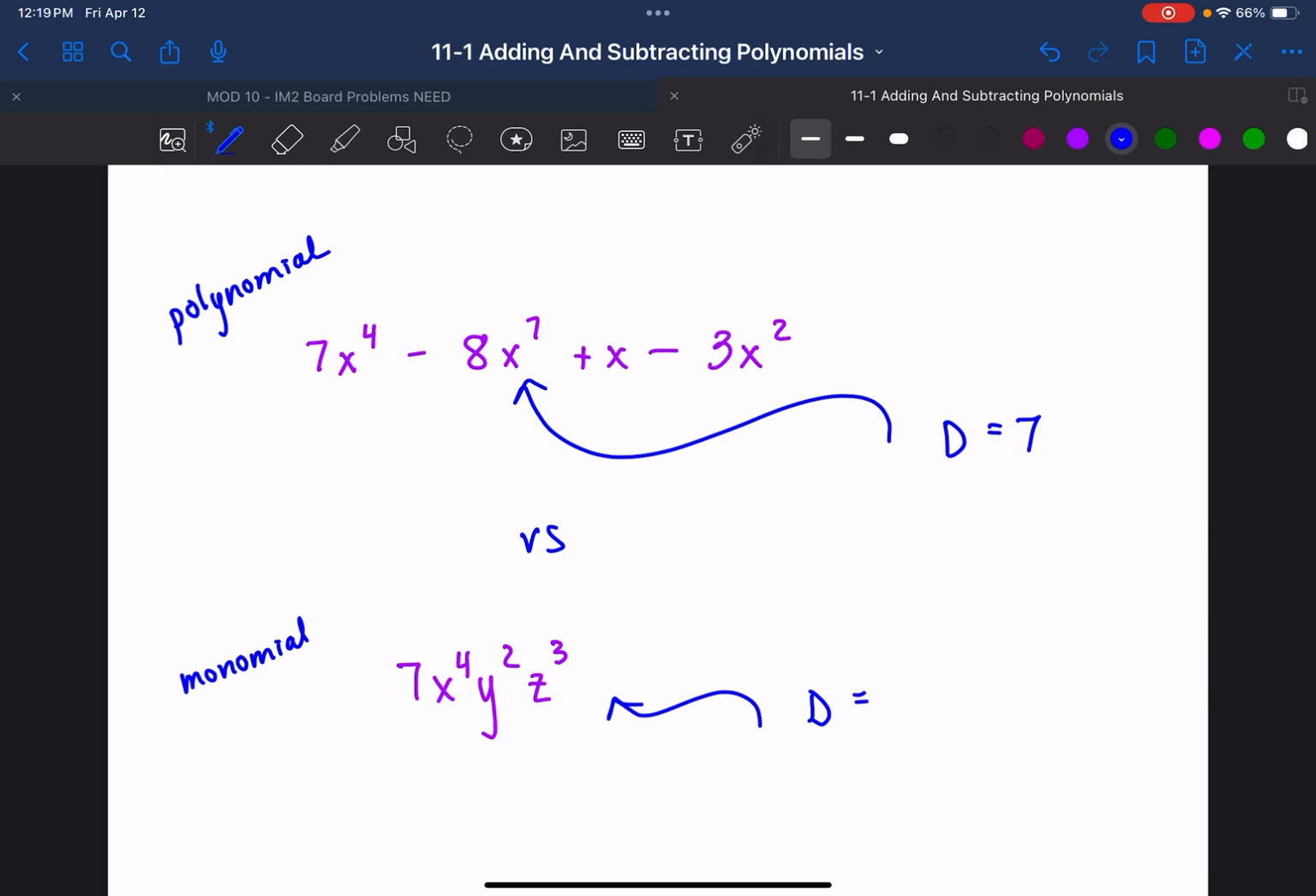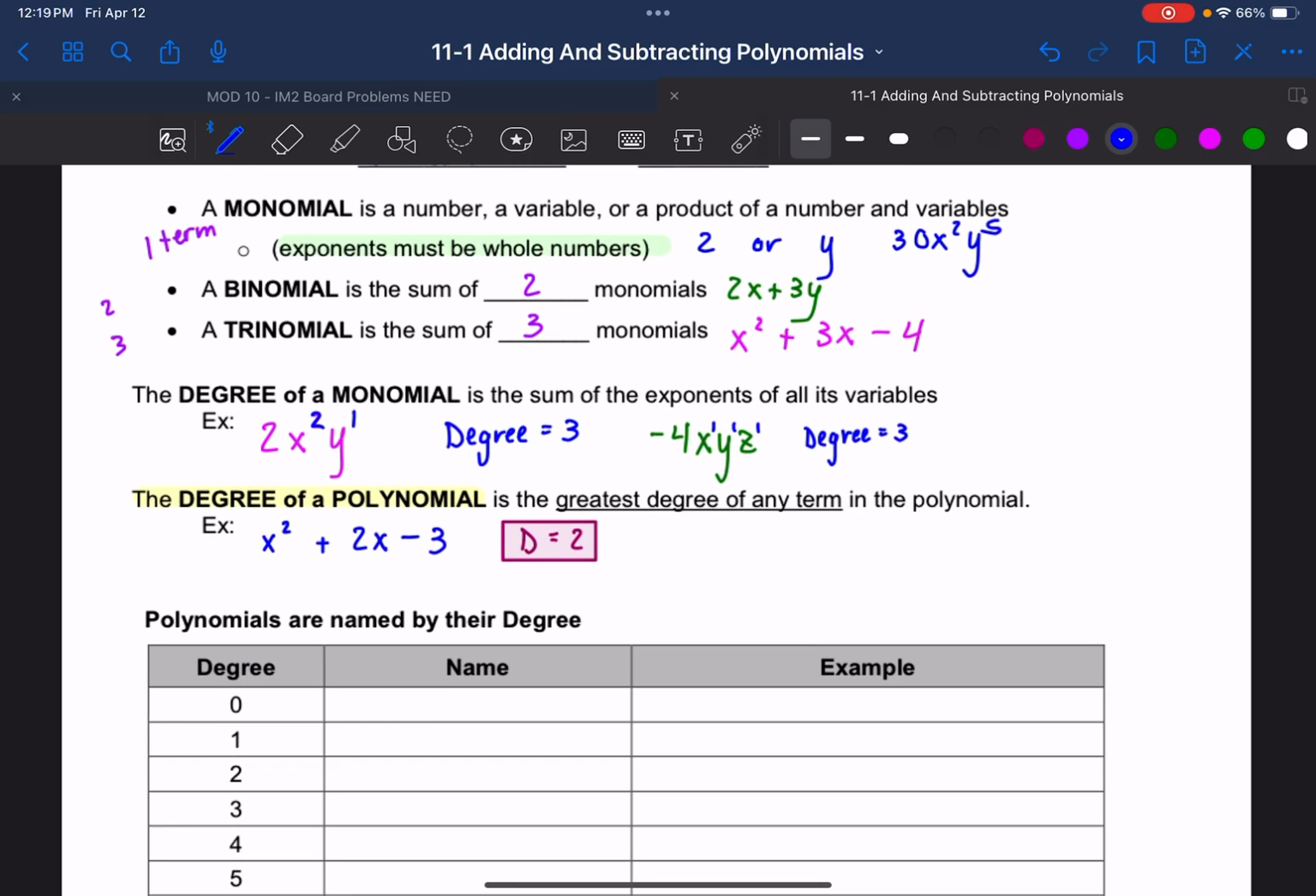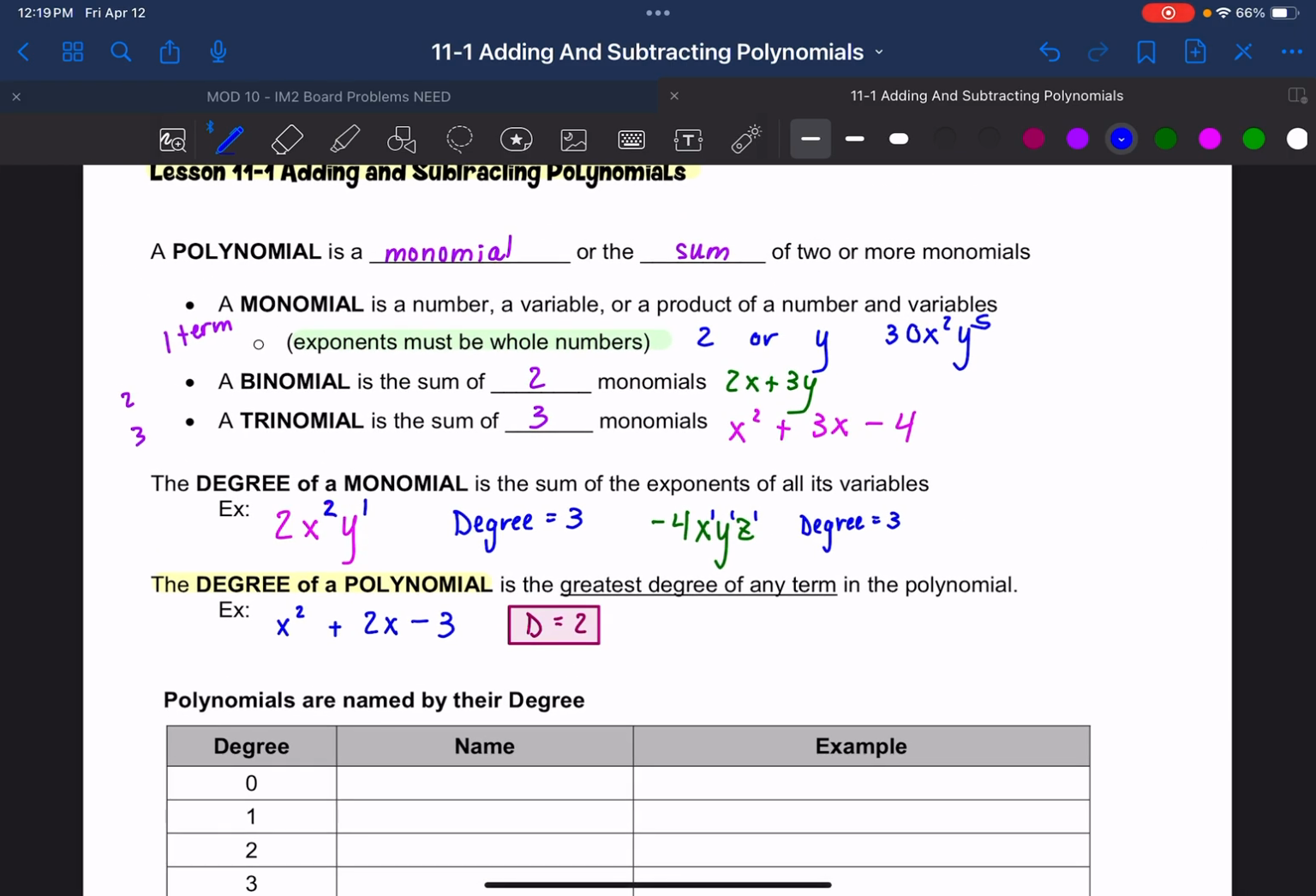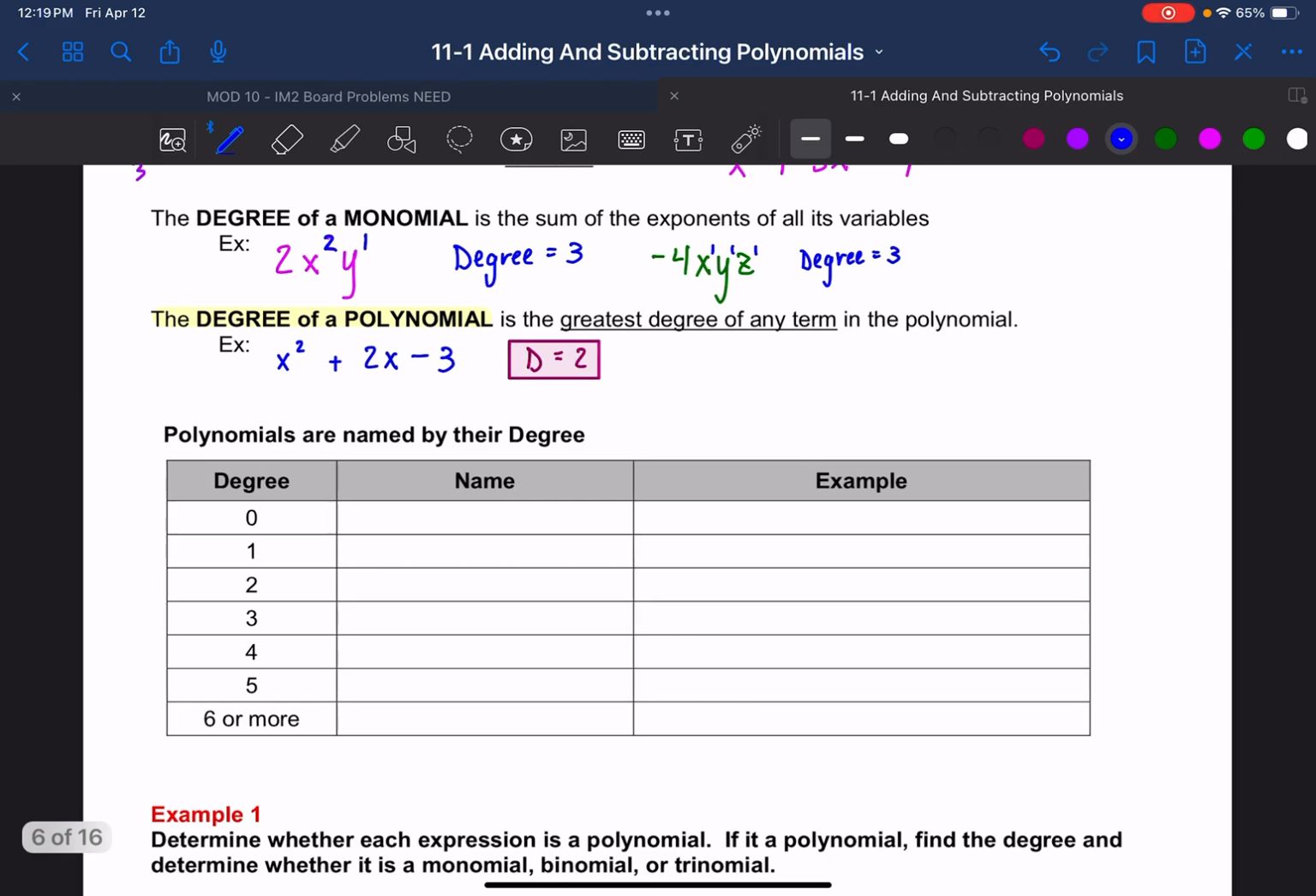Degree here, I add them, which is 9. Okay, so know that difference. All right, so that's finding degrees, classifying by the number of terms. Now we get to talk about polynomials and special names of their polynomials,